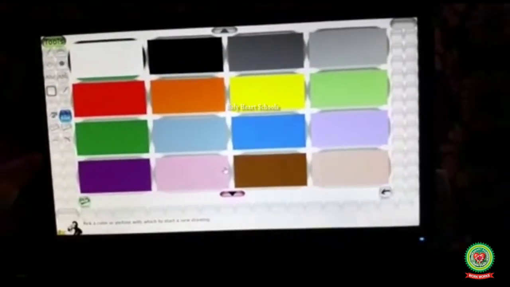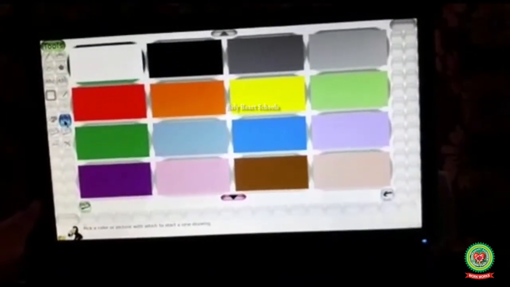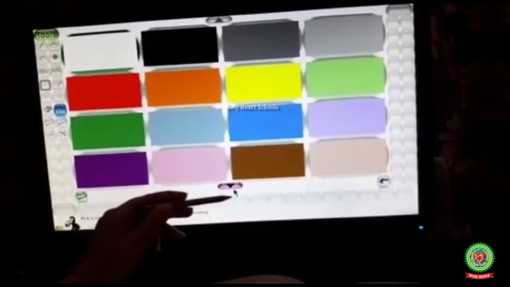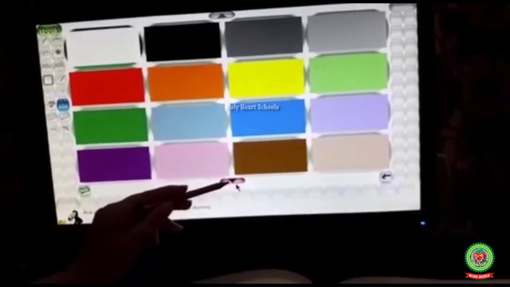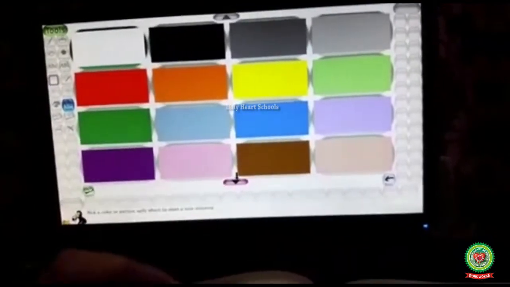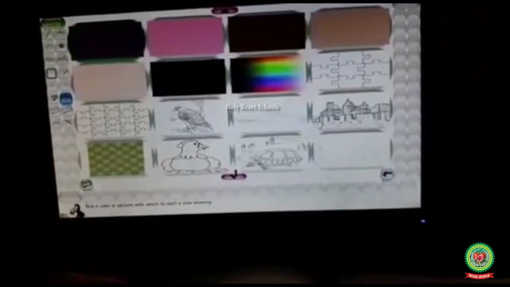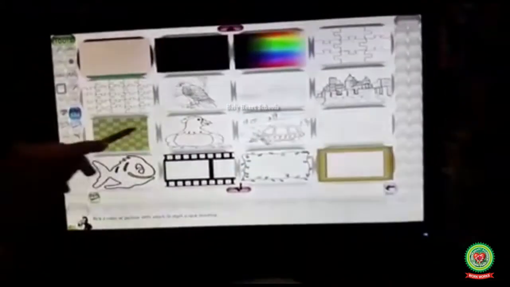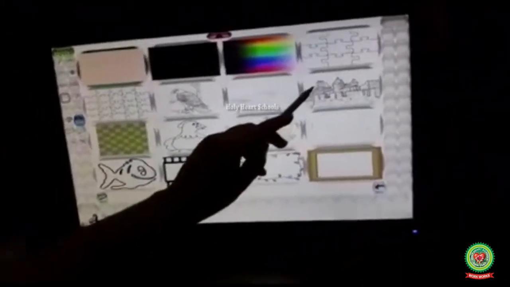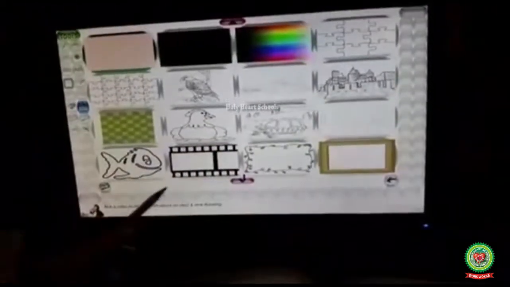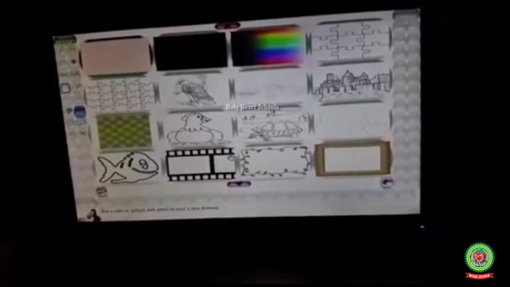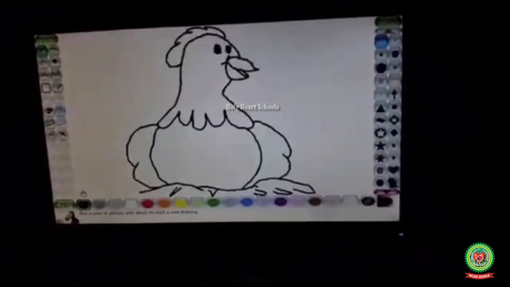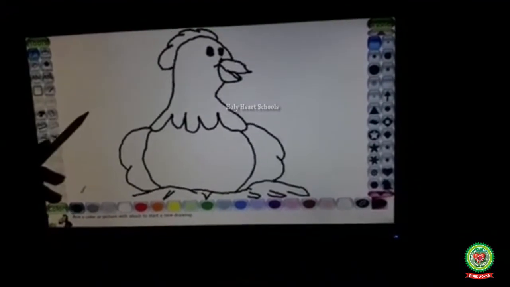Now, how to open a starter? Click on New button. Then click on this drop down arrow that is of pink colored button on which a black headed arrow is there. Click on this arrow. Now you can see these are your starters, that is the ready-made outlines of the drawing. These are already built in the Tux Paint. We will click on any starter, then click on Open button. See, the starter is open.